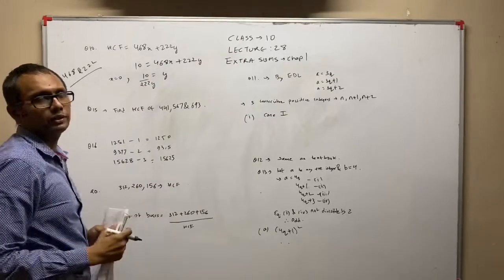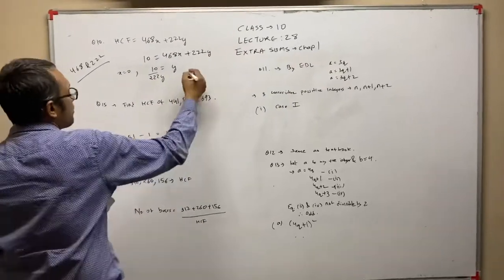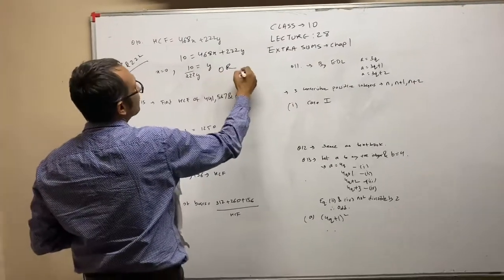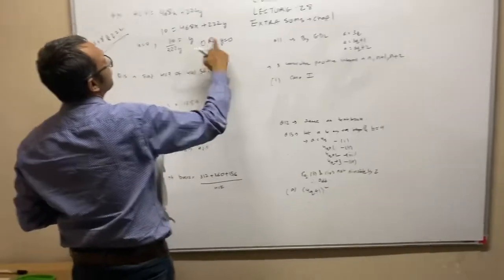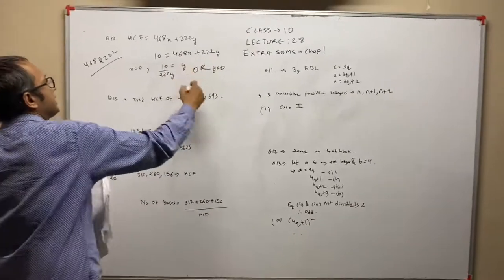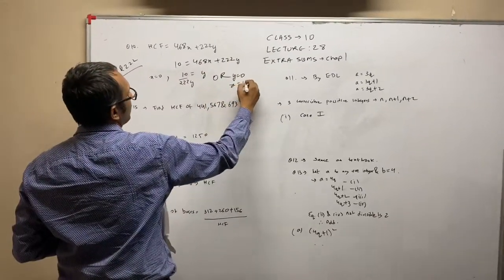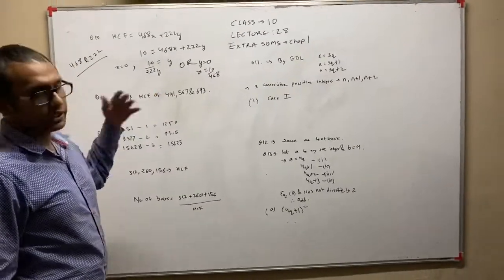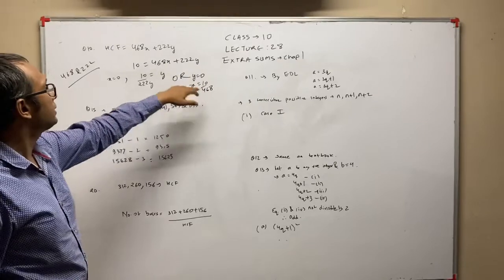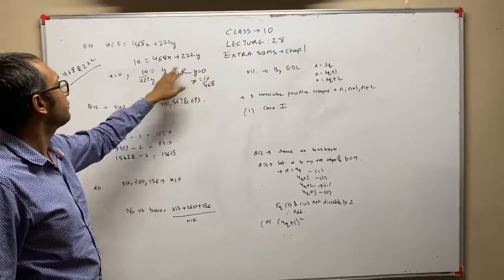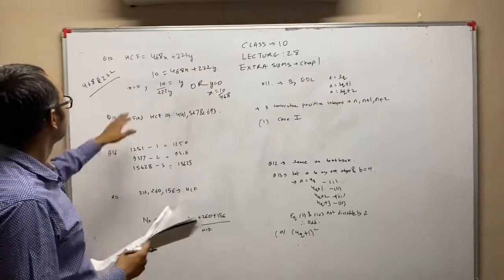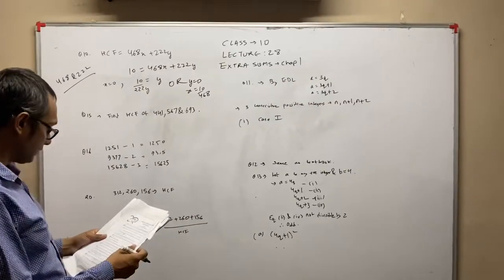equal to 10. You could have done this some opposite way also, or second method, if you put y equal to 0, then you will get x equal to 10 upon 468. Again, if you want to check your answer, if you put these two values here, instead of y put 0, and instead of x 10 upon 468, you will get 10 equal to 10. Okay. So this is question number 10.